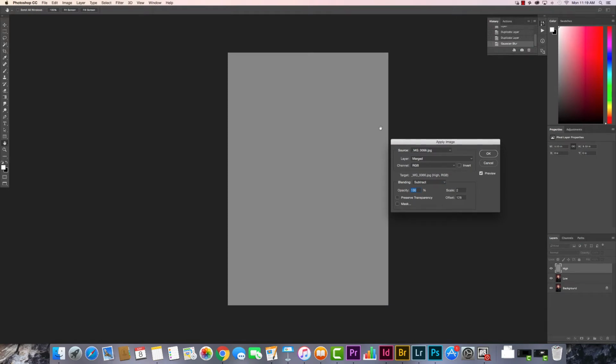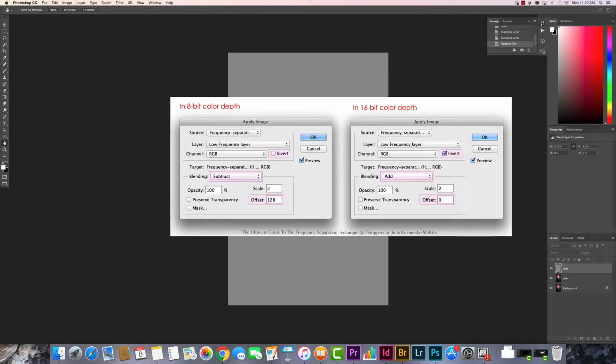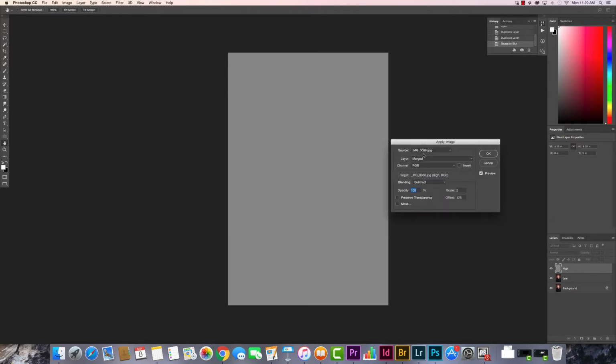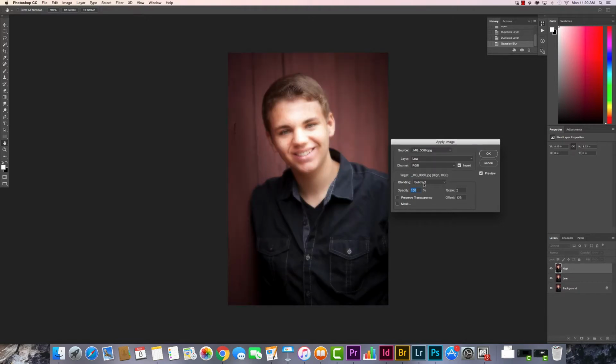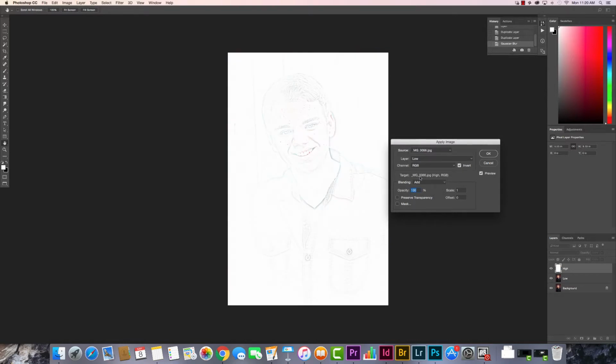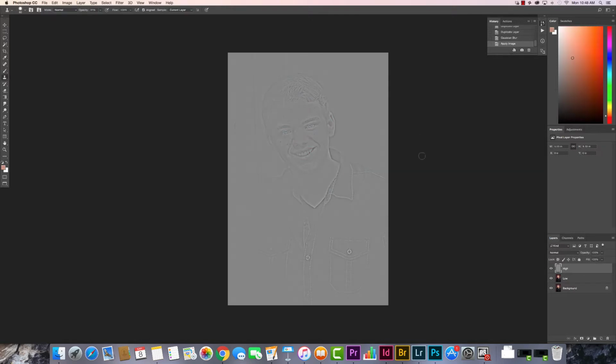Depending on whether we have an 8-bit color depth or a 16-bit color depth, we're going to make some adjustments here. In this image we actually have a 16-bit adjustment, so we're going to set our layer to low. We're going to hit the invert button. We're going to change the blending mode to add instead of subtract for the 8-bit. We're going to set the scale to 2, and we can see that the image is somewhat grayed out and it's separating out what's the texture